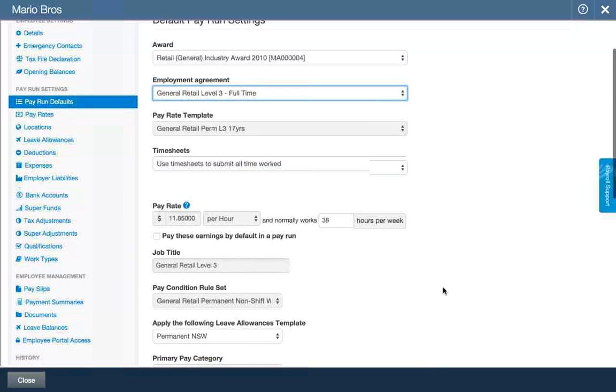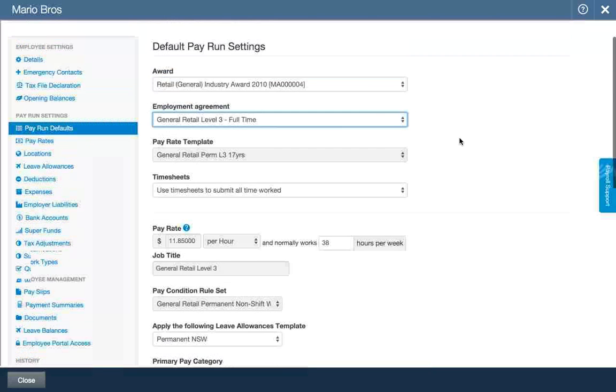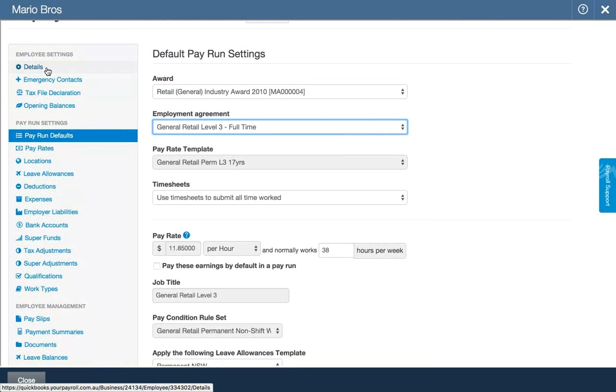it's given me a few things out of the box. It's given me a pay rate template. It's paying $11.85 an hour. And one of the things I want to note here is that it's chosen a pay rate template for a 17-year-old. Now, when I set up Mario Brothers, he was 17 when I set him up. When he has a birthday, it'll automatically move his pay rate on to what the pay rate should be for an 18-year-old. So that's traditionally been something that can cause back pay